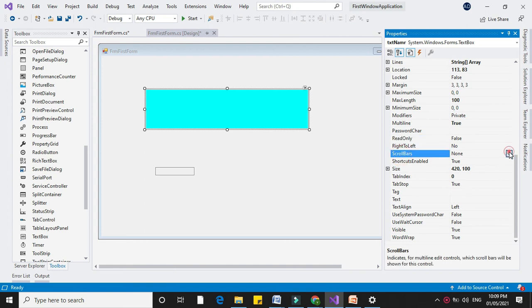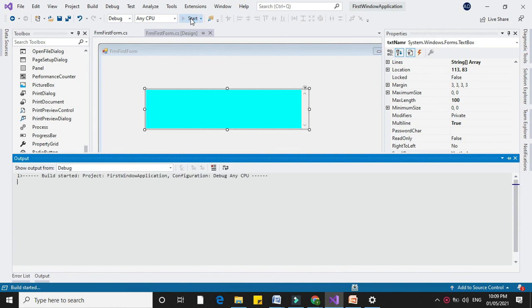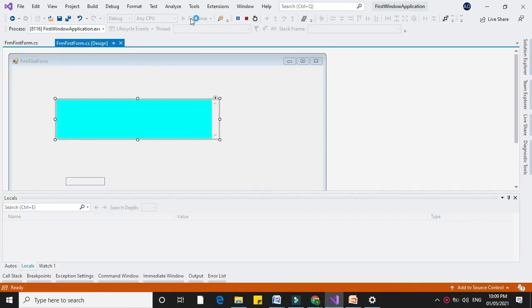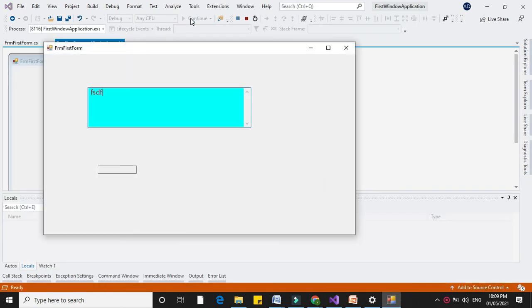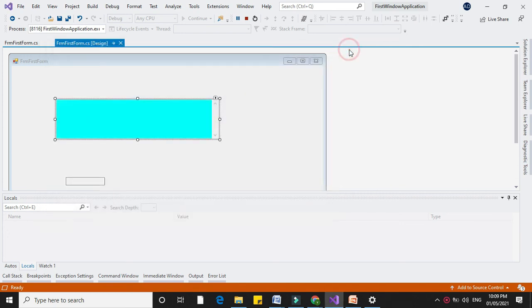If the multiline property is true and you set the vertical scroll bar, and you execute it and enter the data, if the data entered is more than the text box height, the scroll bar is automatically added to your text box. For this, your multiline property must be true.